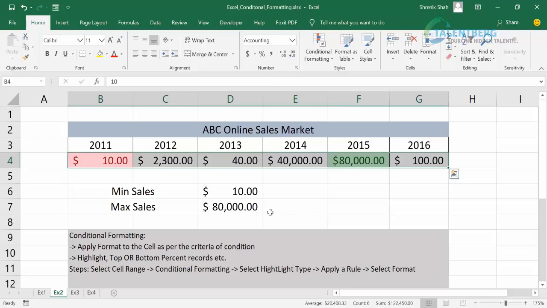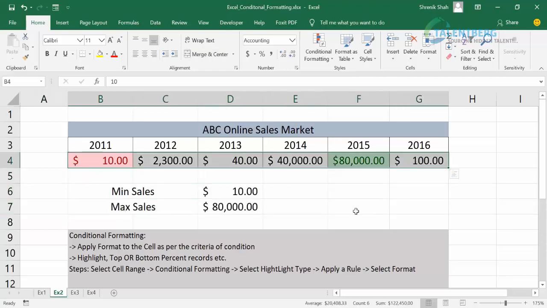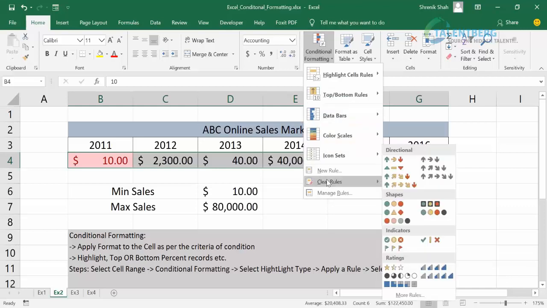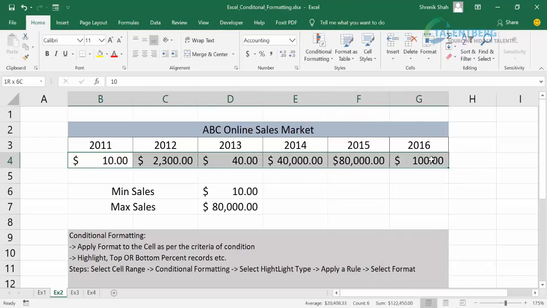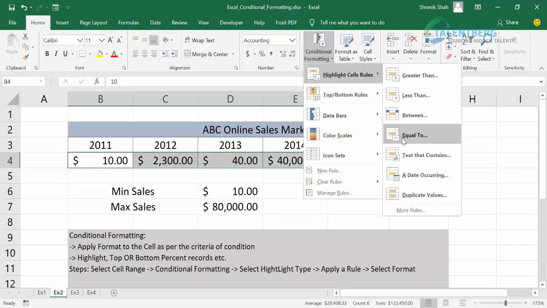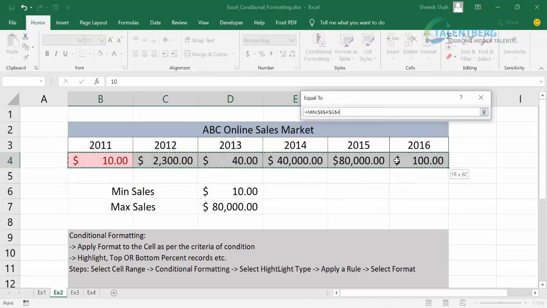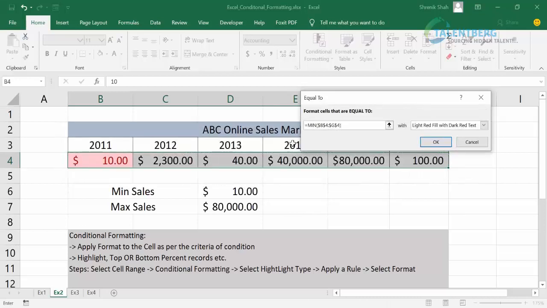In one of my batches, a student asked me how to apply the color scale without calculating minimum and maximum separately. So that also I'll show. I clear the rules and I select the cells, then from conditional formatting, highlight cell rules, I click this option, equal to, and here I type the formula directly, that is MIN, and in brackets I select the cells. This function is going to tell you which value is minimum. For that value, you apply the color red.